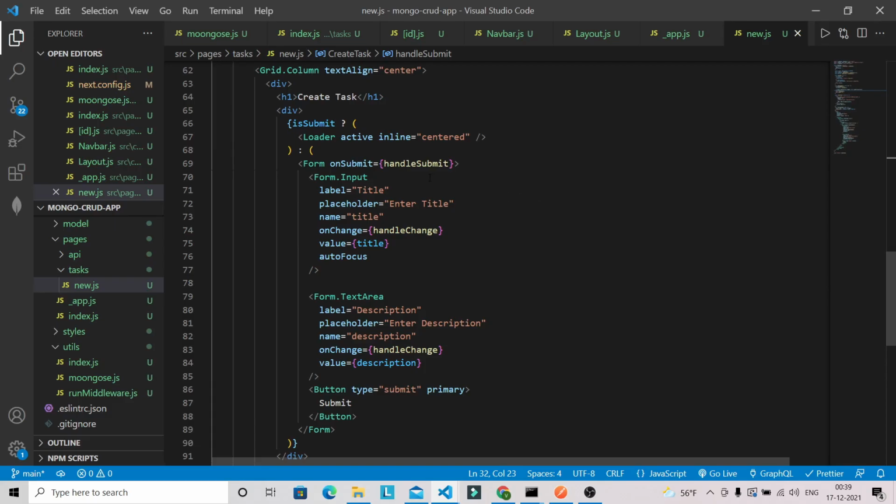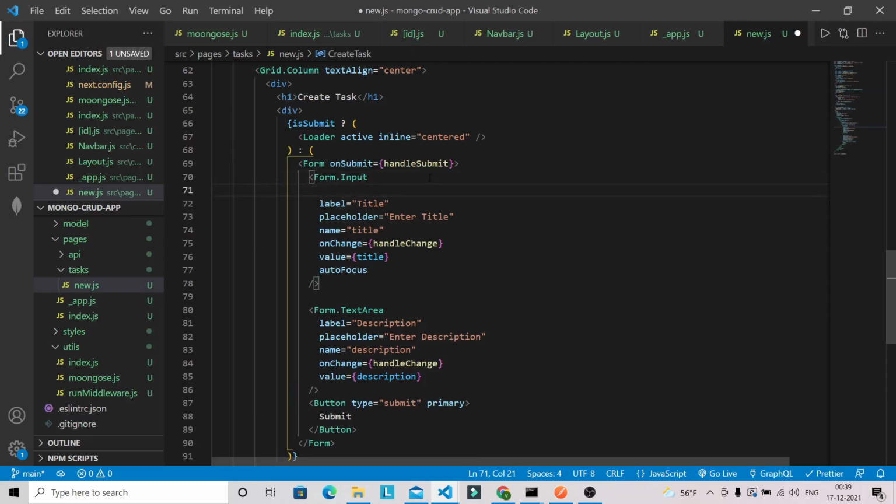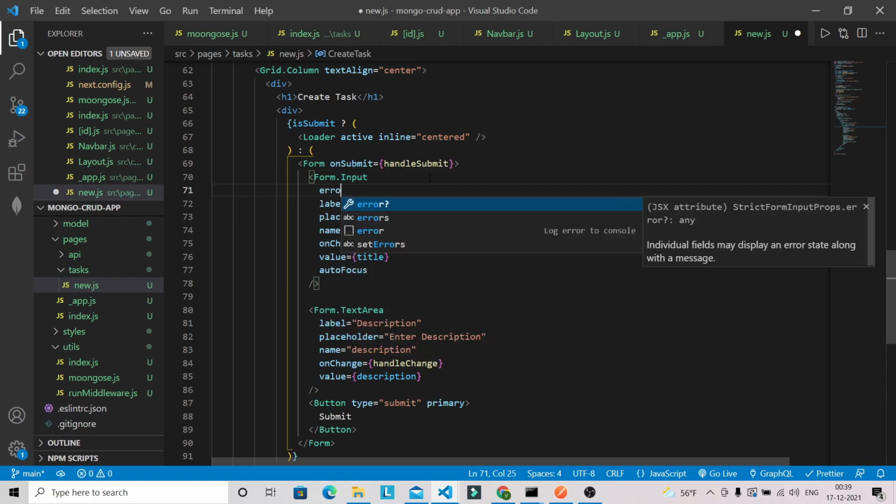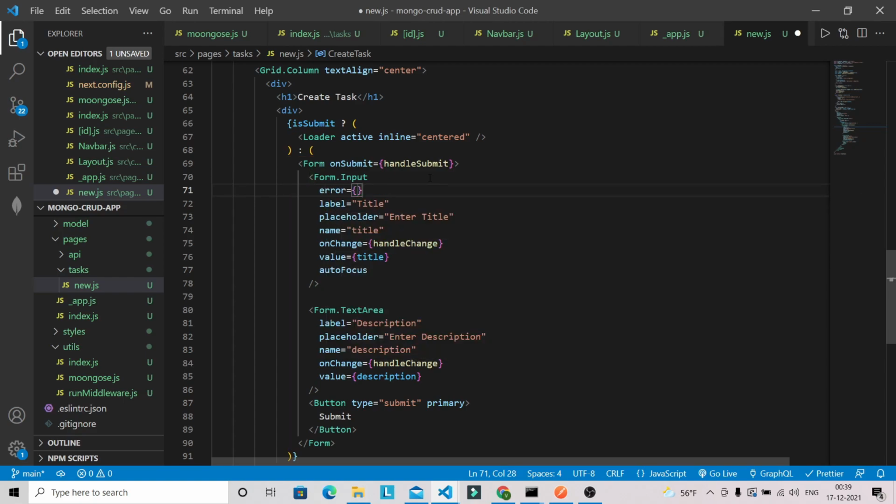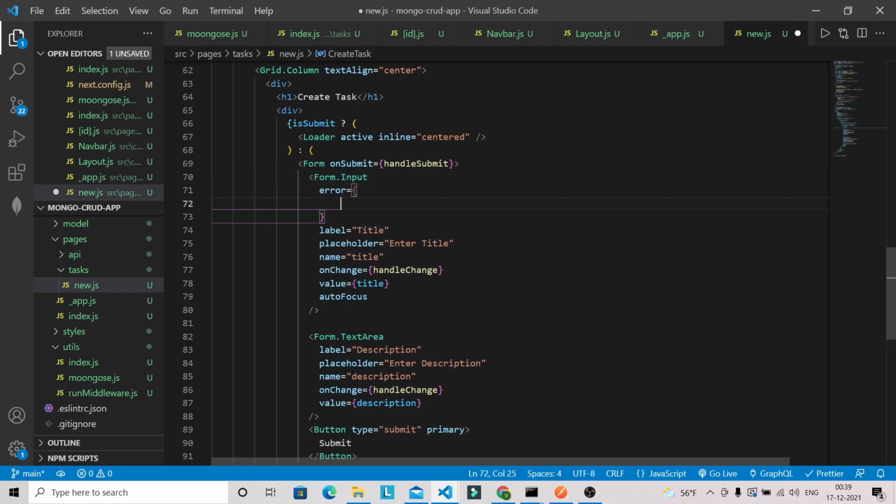So in the form we will have an error prop. And in the error prop, what we have to do, we already have errors. So if errors.title, if we have an error in the title field, we can do something like this.